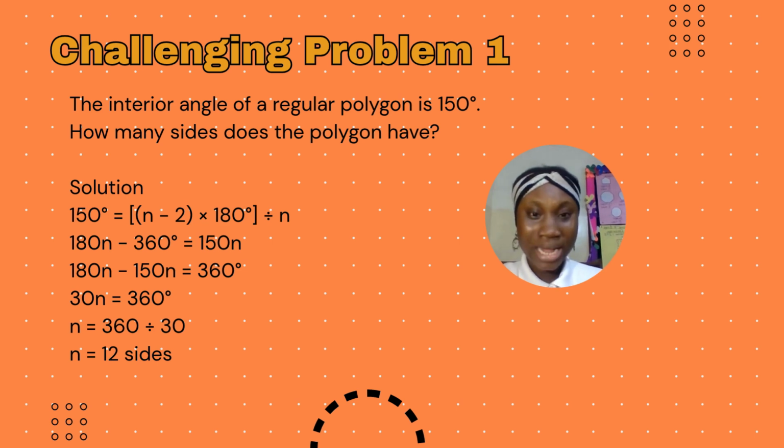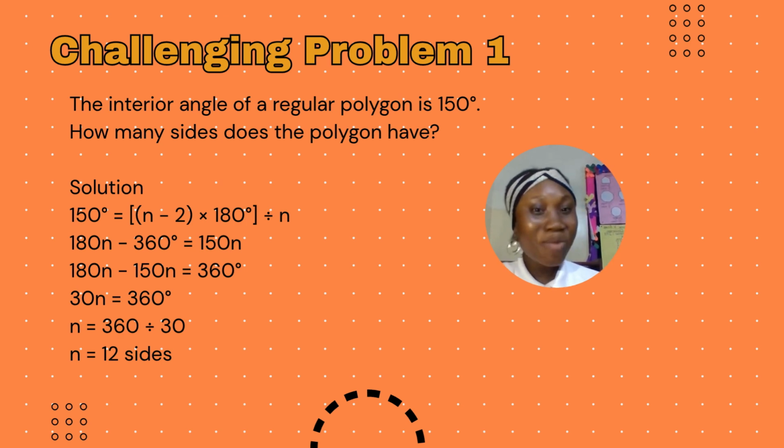So how do we get rid of that letter? By dividing by the number that is beside that letter. So divide both sides by 30, and n is equals to 360 divided by 30, and the number of sides is equal